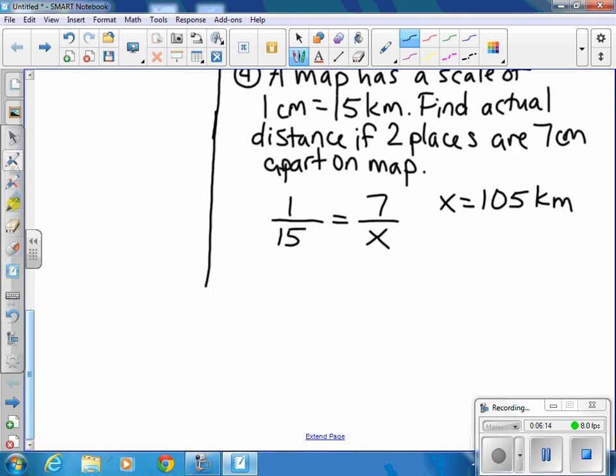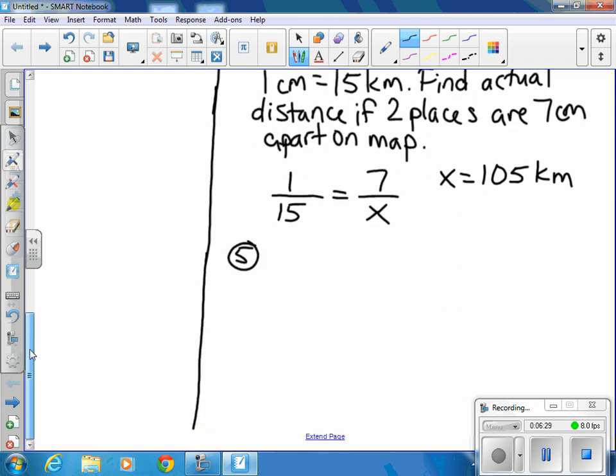Right, and think realistically about this. If it's on a map and it's 7 centimeters apart, then in the real world it should be a bigger distance. Right, if you get a smaller number, then something should cross your mind as to it not being correct. Okay, and the last one of these before we go into the second section is also a word problem. Okay, if a secretary